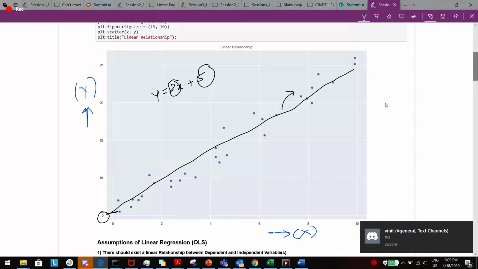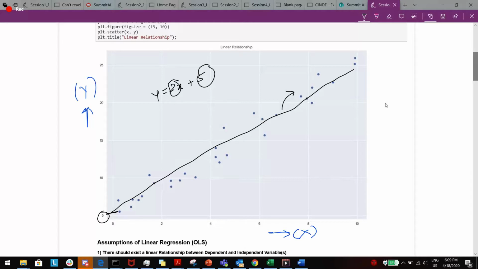Okay, let's go ahead. Do we only assume a linear relationship all the time? For linear regression, yes, that is the basic assumption, but there is a way to transform the independent variables. For example, where instead of linear there is a quadratic relationship, we'll have to transform our independent variables in a way that this relationship is captured.